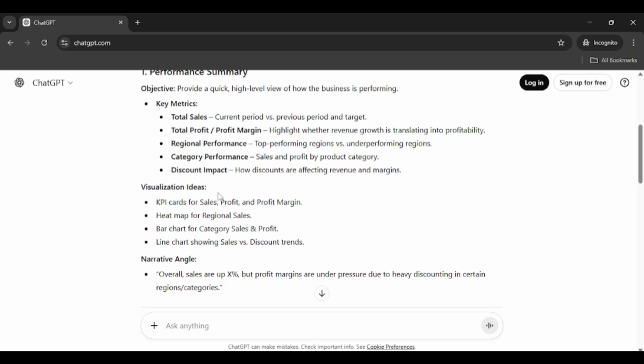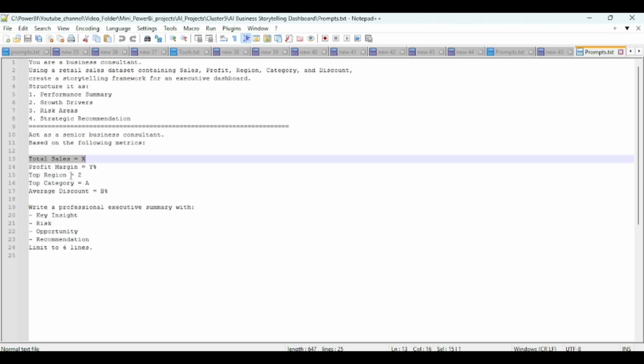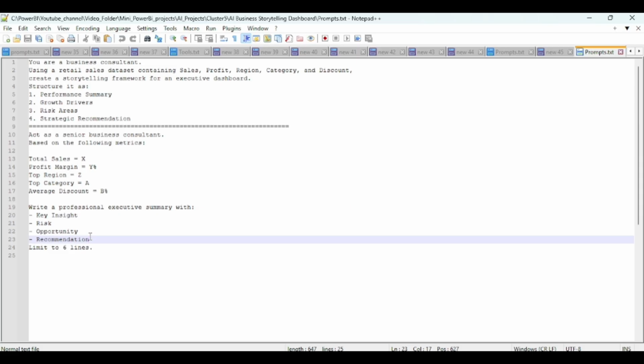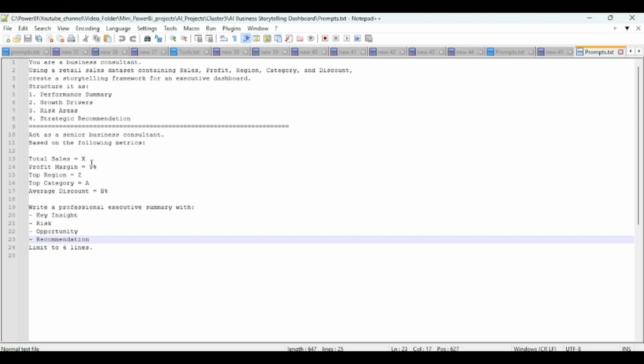Now I want to use another prompt here, you could see what I have written: act as a senior business consultant based on the following metrics. Okay, so total sales amount, total profit, top region, top category, and average discounts. And write a professional executive summary with key insights, risk, opportunity, and recommendations. So actually, you might have noticed total sales amount is 2.61 million, right? So I'm going to replace this x with